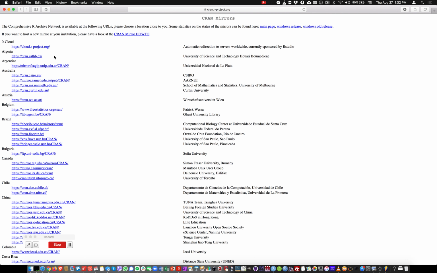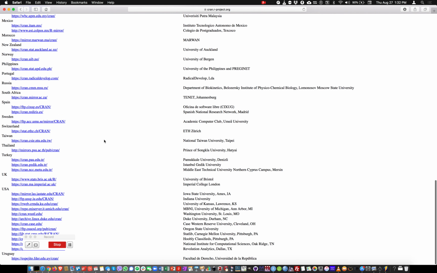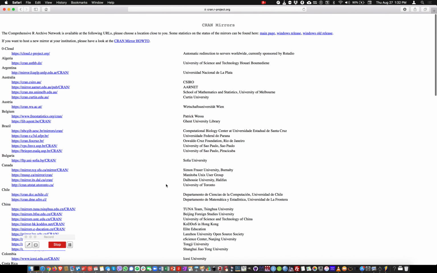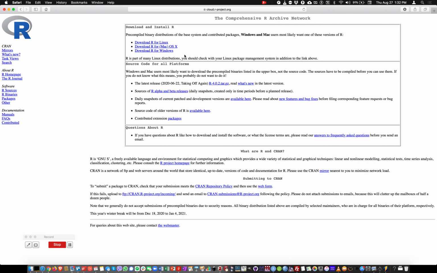Next, it's going to ask me to select a mirror. That's just so that the download goes faster. You should select a mirror that's close to you, so choose the one that's closest. But if you want R to try to detect automatically a good mirror for you, you can just click on the first one. Okay, and afterwards it should show you these three links, so select the one that corresponds to your operating system. Here I'm on Mac OS, so I'm going to click here,